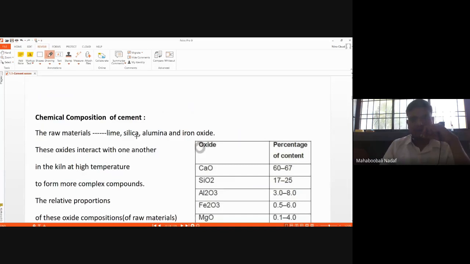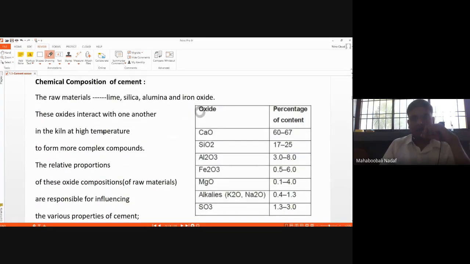Now we will see the composition. Here, there will be raw materials, there will be processing of these raw materials, and you are getting cement. This is the raw material, and this is the end product, that is cement. Now, what are the various chemicals which are generally present? This might be one important question for your exam. So many times it has been asked.